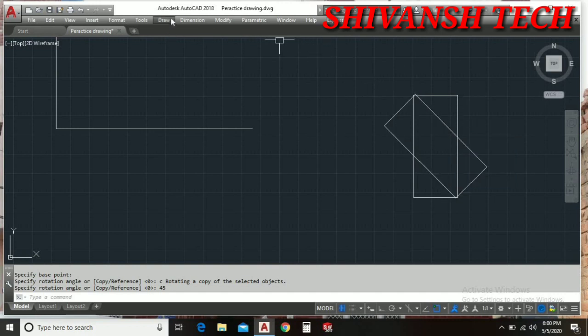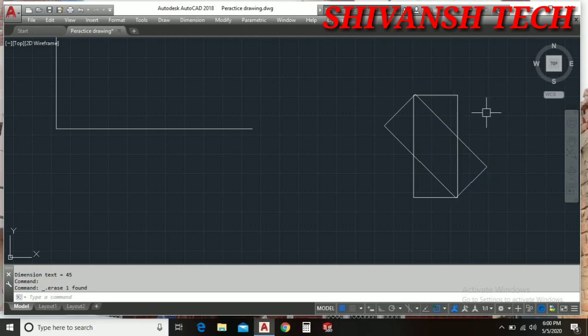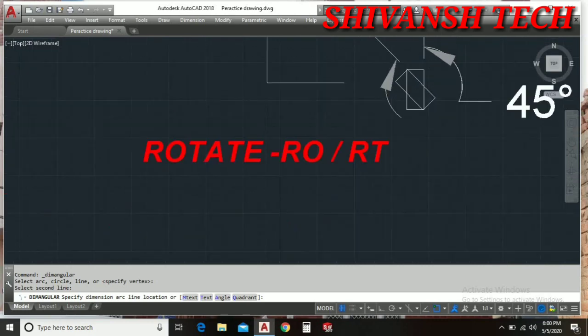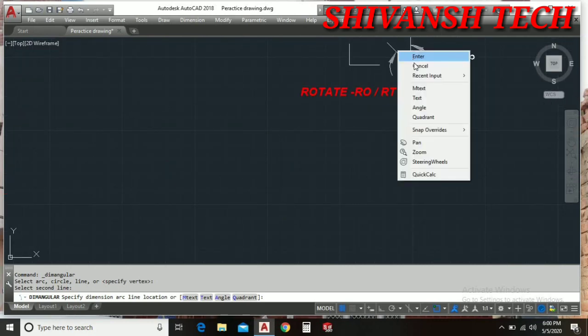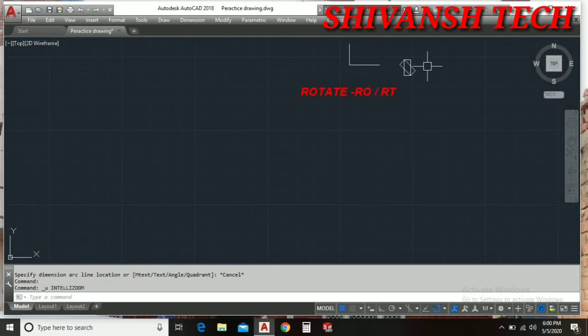If you want to check, you can also check the angle here, and you can check the degrees between these two. This is approximately 45. Let's check it. Dimension, then angular. 45 degrees is this. So alright guys, I hope you understand. Let's get back this. This is the copy,